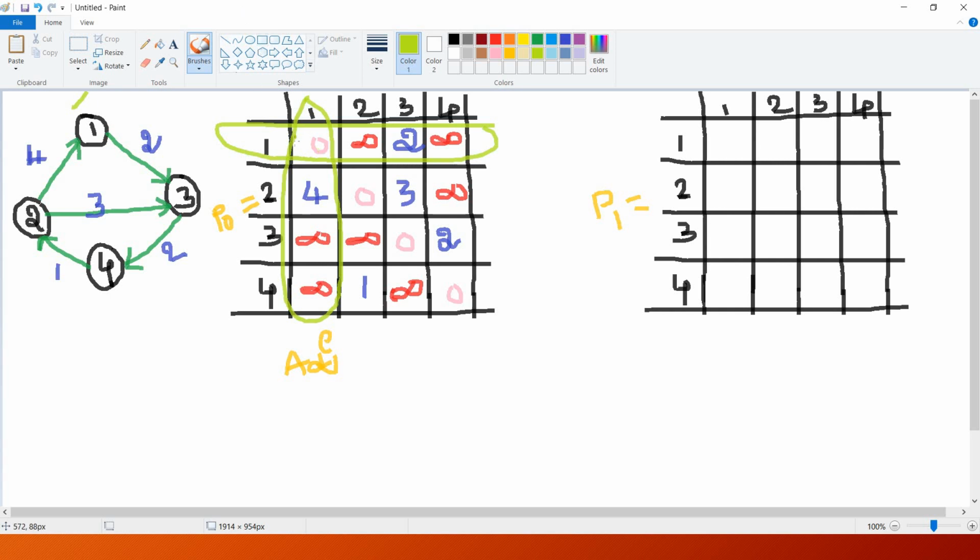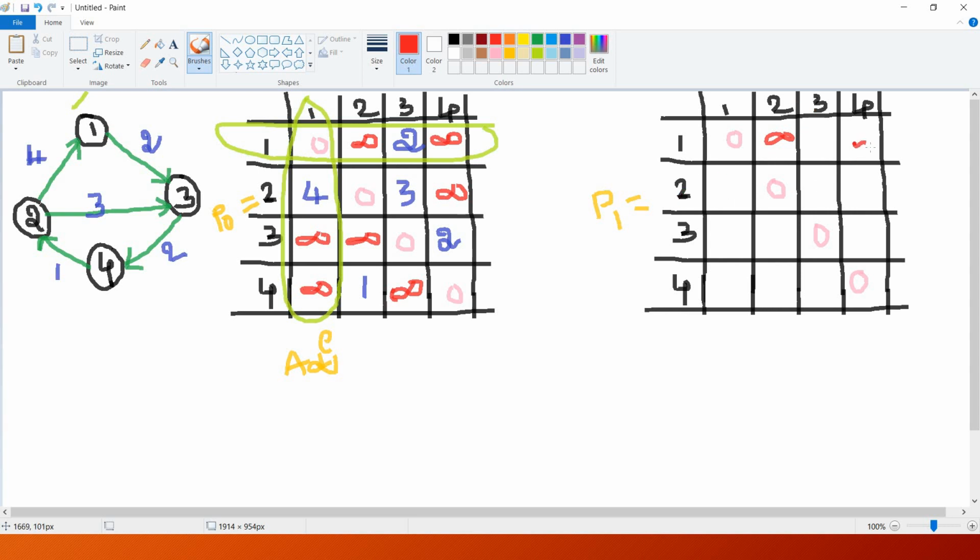Okay, so now I am just simply noting all these values, first row, first column as same. So first of all, diagonal elements all are zeros. There will be no change in diagonal elements in any of the matrices P1, P2, P3, P4 and so on, Pn, Pk. Okay, so first row, first column I am considering the same elements.